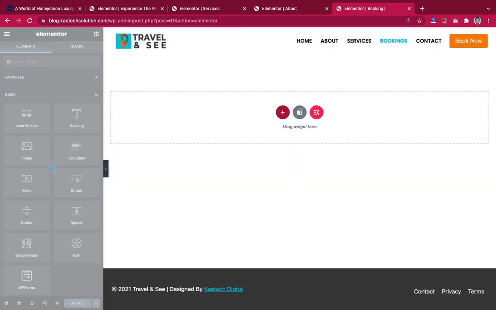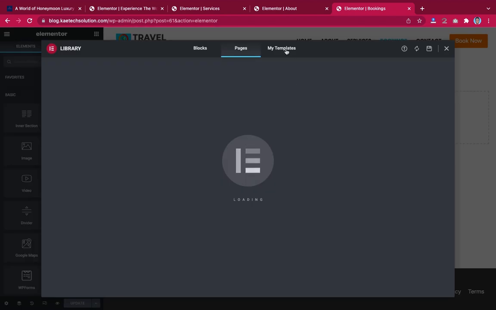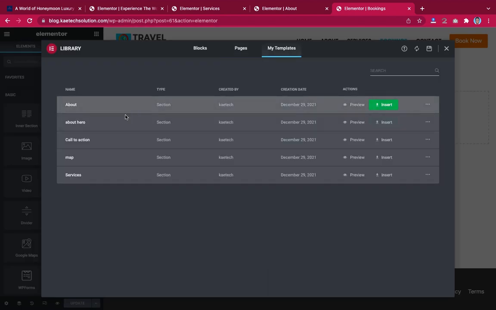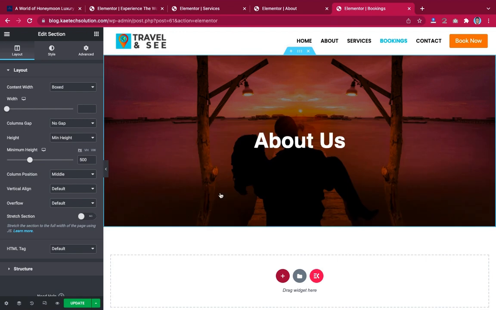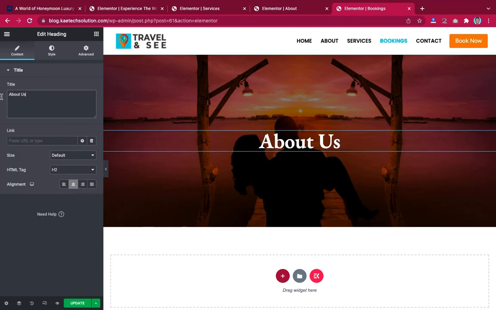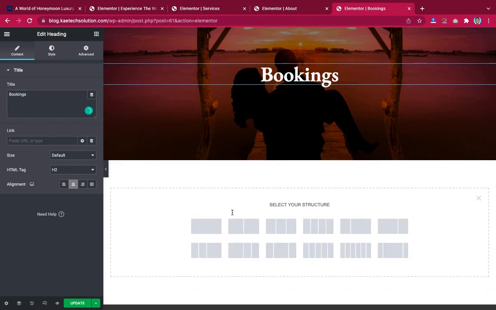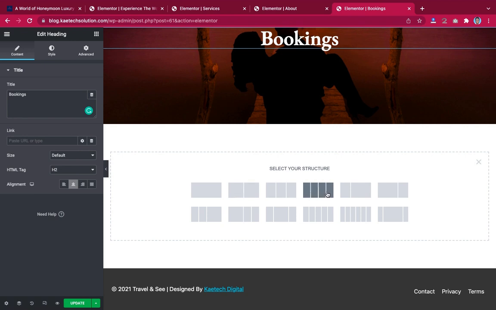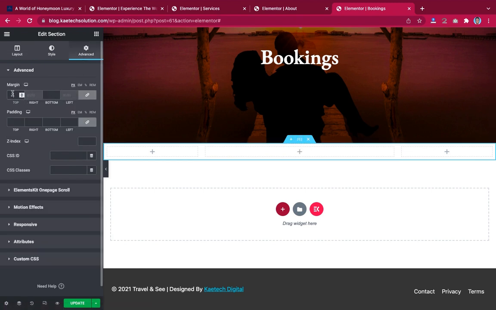And then like we did the other time, we're going to insert a hero. Go to template and then about hero. So we change the about as to bookings, and then we can insert our booking page. I'm going to use this one, and then I'm going to give top and down padding, a margin, sorry,